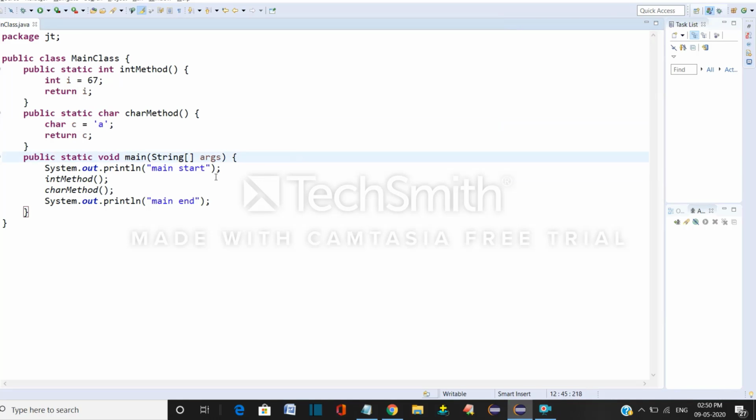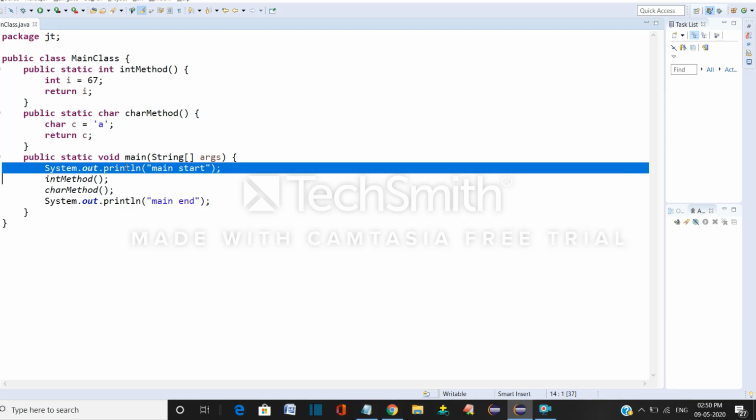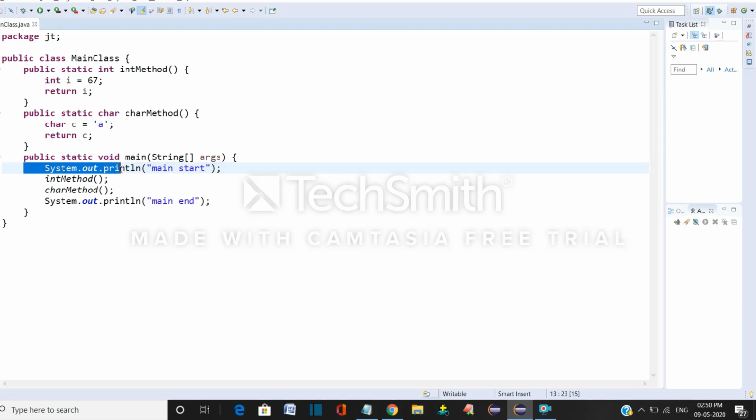The main start and main end are printed because they are inside the statement System.out.println, which is used to print your data on the console.